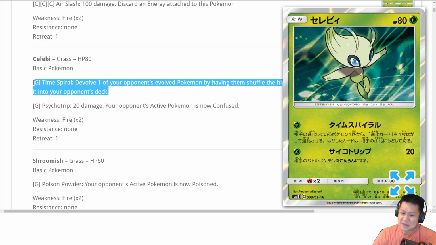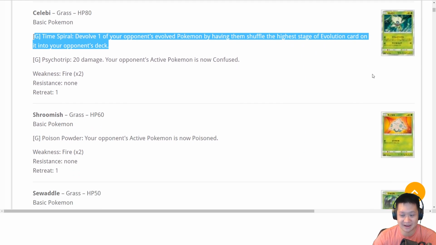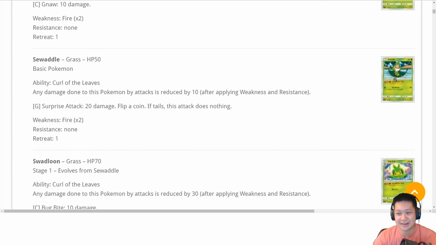Celebi, technically you might have a ditch, but because it's so situational, I'm also going to give you a 2. Totally could pull it off somewhere sometime, but no. We don't like situational cards. We like cards that are always consistent. Moving on, we're gonna take a look at...